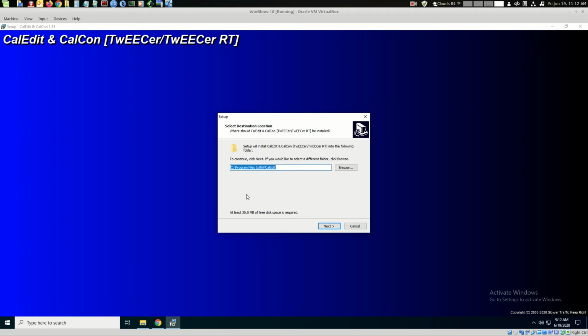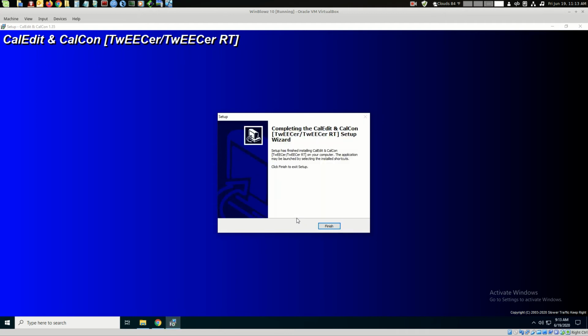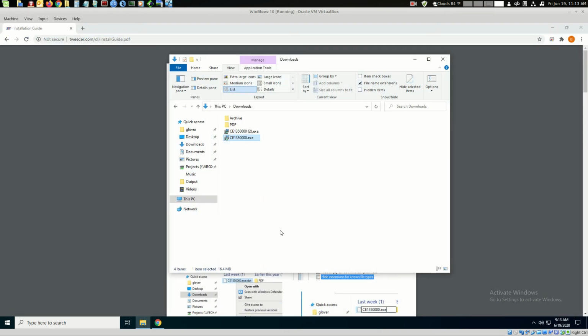You can change this if you want. Some people will install it under their user folder. I do that sometimes in testing. I haven't had any issues with it, but you can also just take the default, click next, and then install, and it will roll through. It'll just take a few seconds depending on the speed of your PC. And once it's done registering some files, then you can click finish, and that should be the end of the